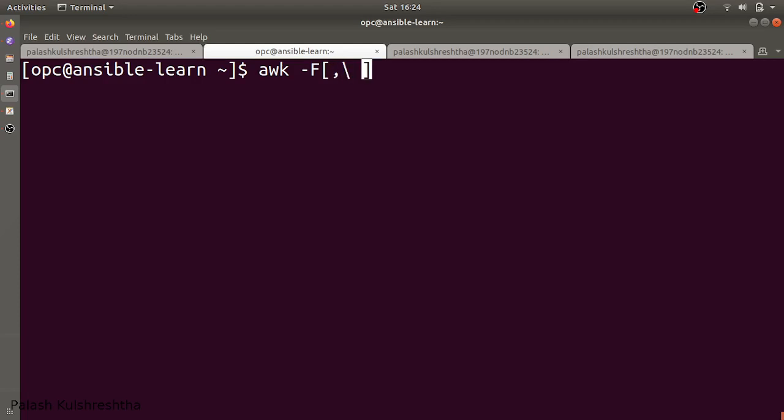Since space is a very common character, for giving a space as a character in the field separator you have to give backslash and space, which says that space is a special character. And then we have to give our awk expression, print $2, and then file name.txt.